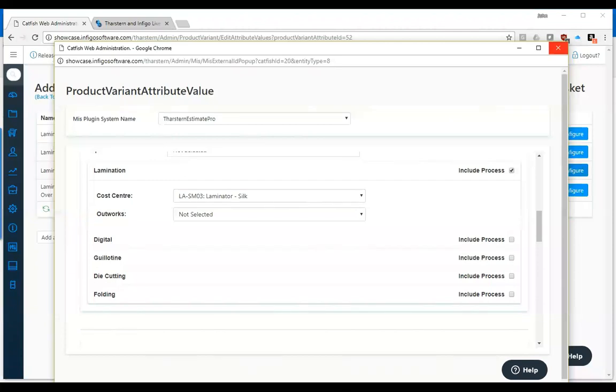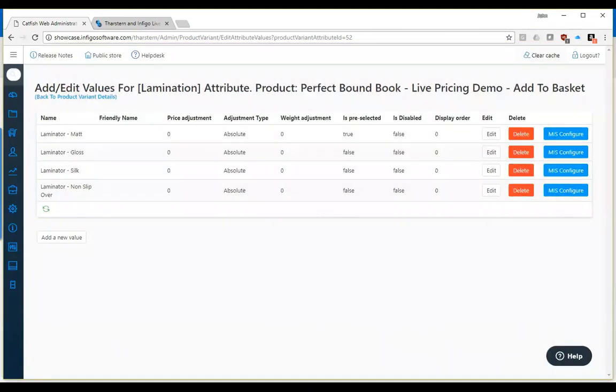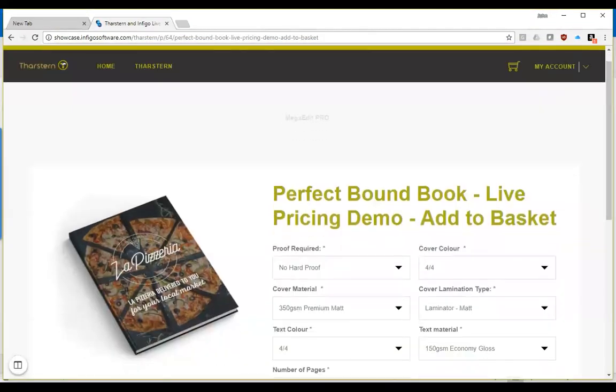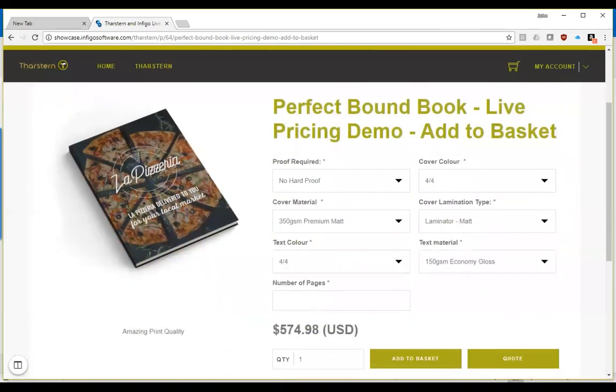So hopefully what we can do now is show you a product that's using that REST API link to come up with that dynamic price. And this is it here, a pretty simple perfect bound product. And on the right hand side, you can see all of the attributes that we are interrogating. And as we select them and change information, what you should see is that the price is being dynamically